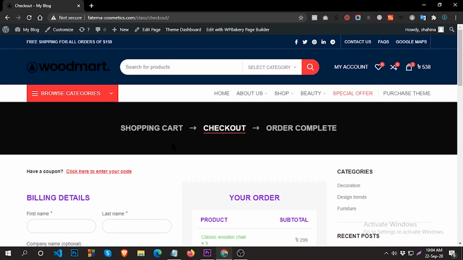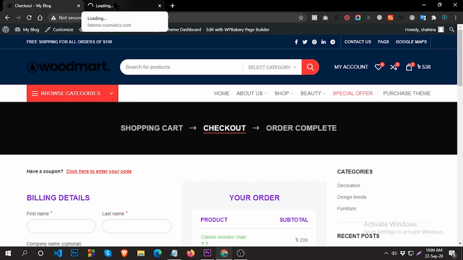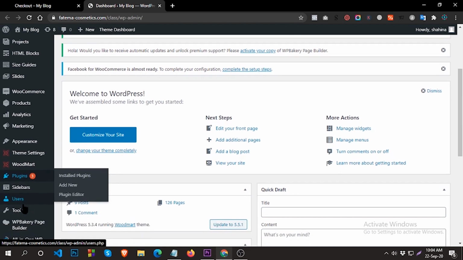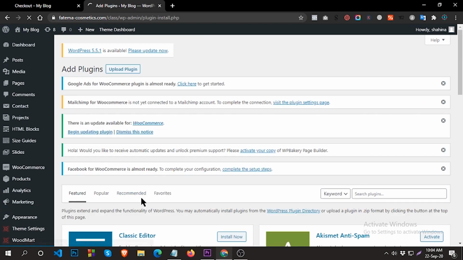So let's start. Go to your WordPress dashboard. This is your WordPress dashboard. From here go to Plugins, click on Add New, and install a new plugin.